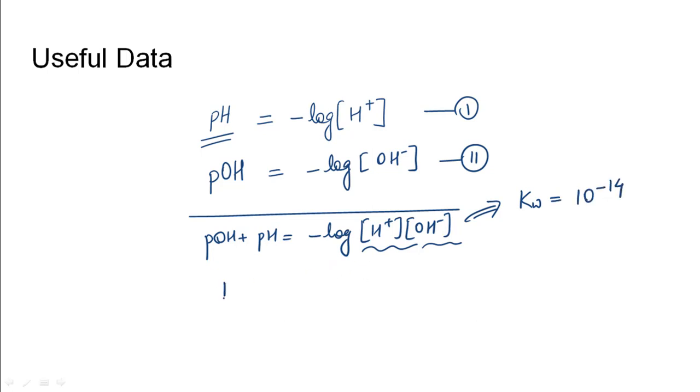Substituting that value here, we get pH plus pOH of a solution as 14. These three equations 1, 2 and 3 can be used to solve any kind of pH problem pertaining to water